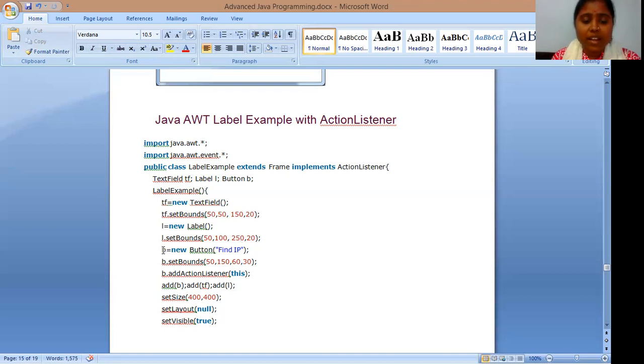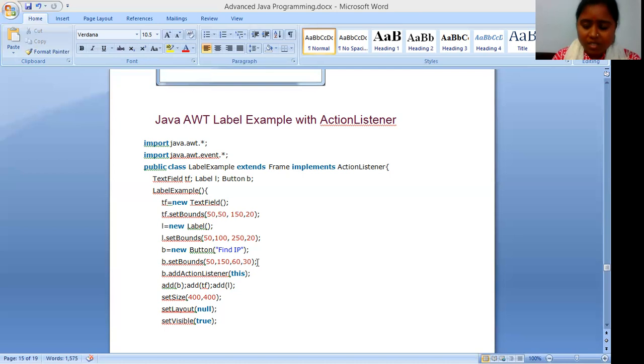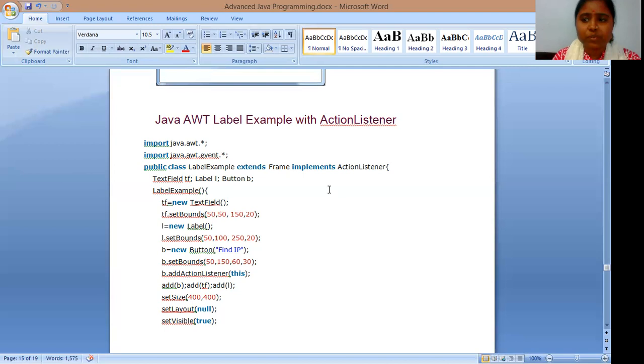Now again, in this next statement, the Button object is created in memory, and its label is Find ID. The B button object is calling the setBounds method, and we are passing 4 arguments. Okay. Now